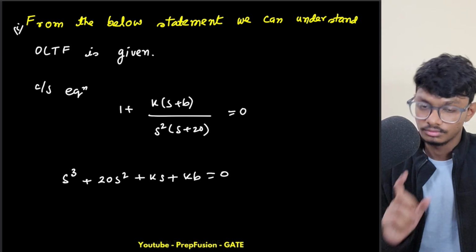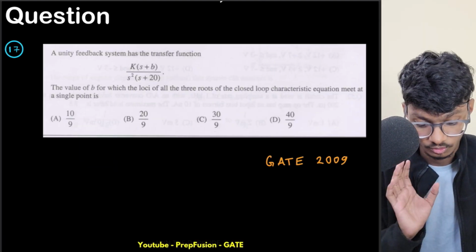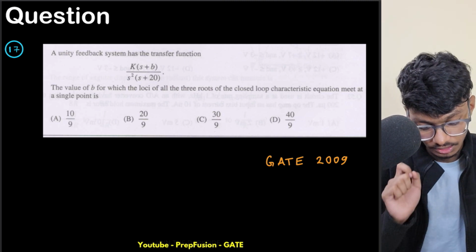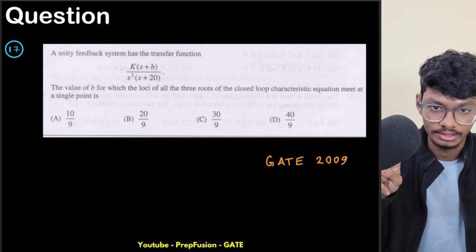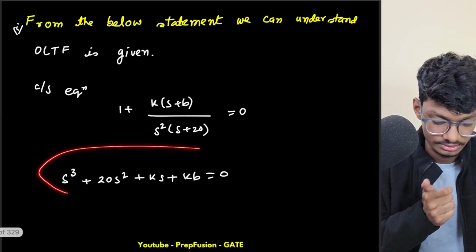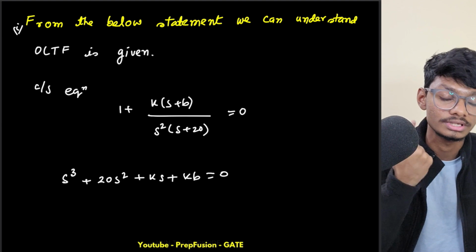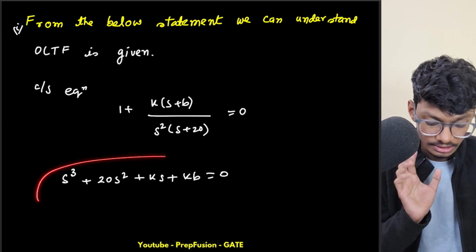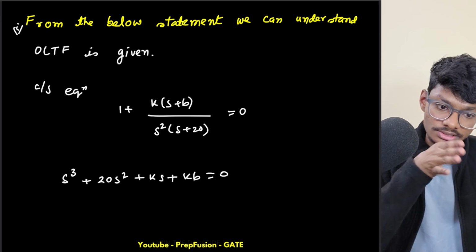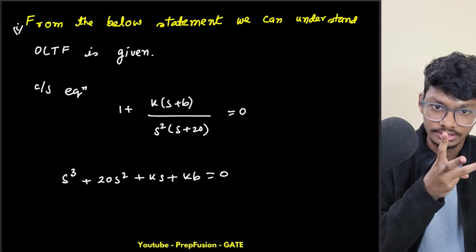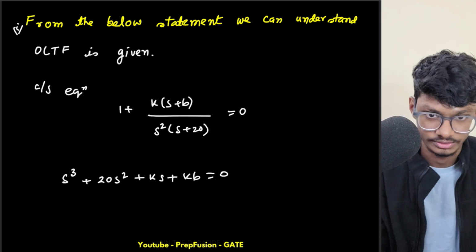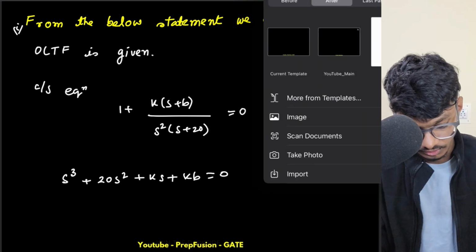Now what has the question told us? It has told us that all three roots of the root loci meet at a single point. So what can we convert this equation to? If all three roots lie at the same point, it means this forms a cubic equation. Only then will three roots lie at the same point. We don't know the location of the roots, but what we know is